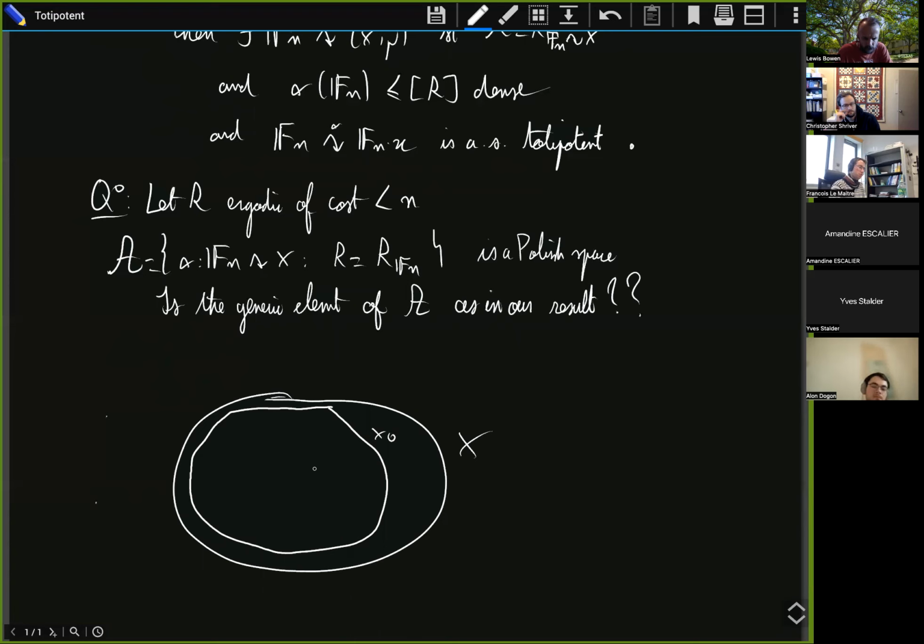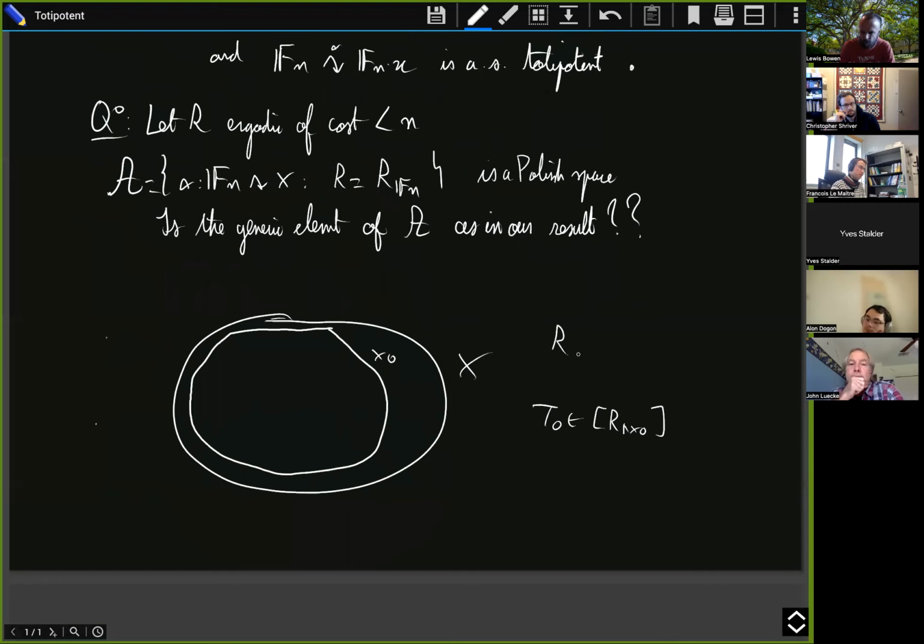and what we will show is that you can find a T0 in the full group of R restricted to x0. So, okay, here R, take it hyperfinite ergodic. And